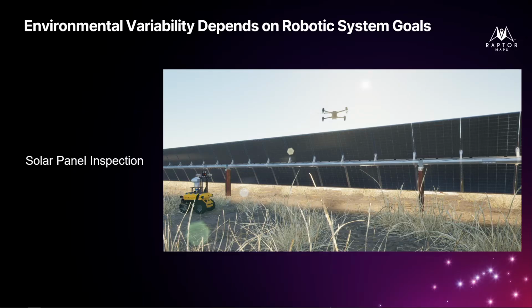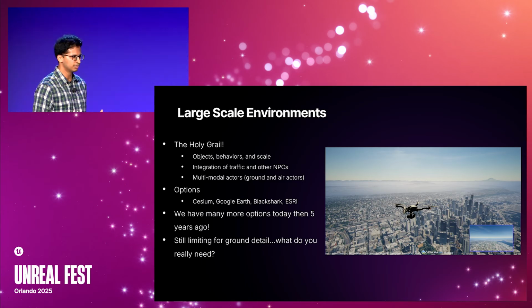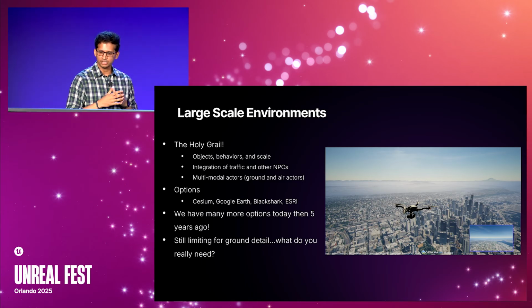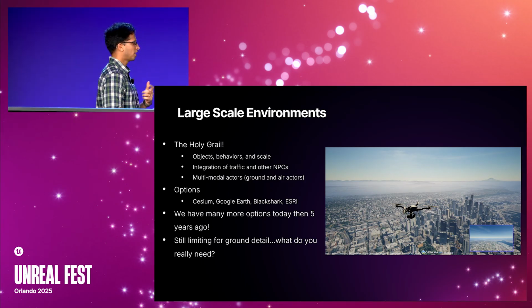And tying it all together, the holy grail is, I think, a lot of people have discussed this and attempted this over the years, and we're getting very, very close to this notion of this holy grail of environments, which is this large scale, almost Earth scale scenery where you can actually go all the way up and down in your heights to different LODs, and then you have high altitude data from low fidelity, but then low altitude with high fidelity with actual buildings and probably even streets that match the real street maps, and you've got traffic inhabiting all of that.